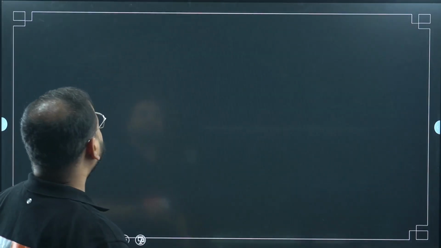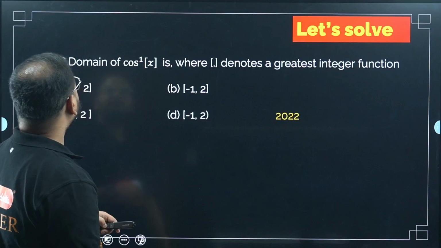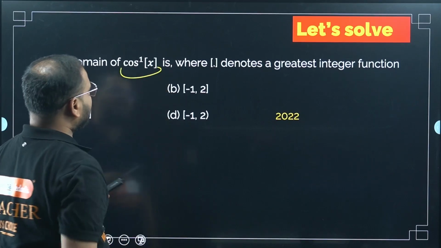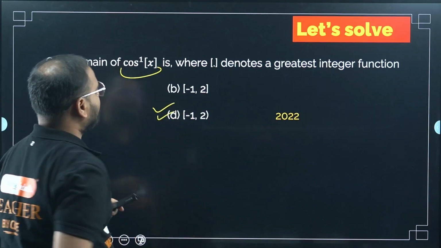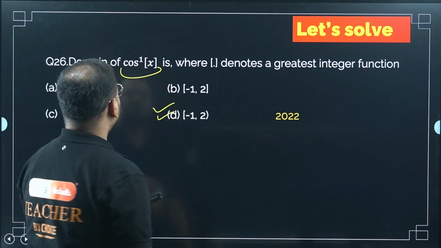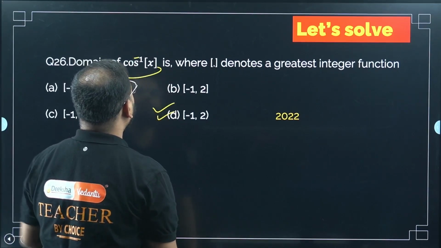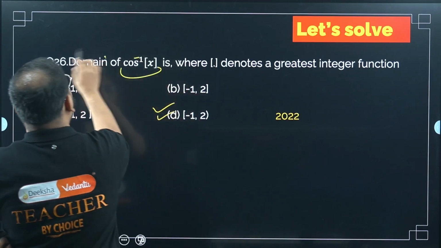Okay? Moving on. Simple, right? Okay. This question I've done multiple times. Answer I can take directly as this, I think. This has to be the answer. Let's cross check. This is cos inverse of root GIF of x, the greatest integer function of x. They're asking us to find the domain.